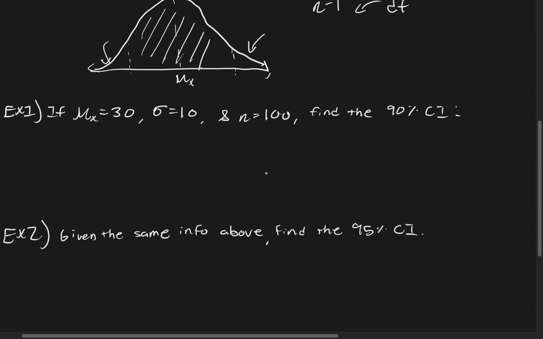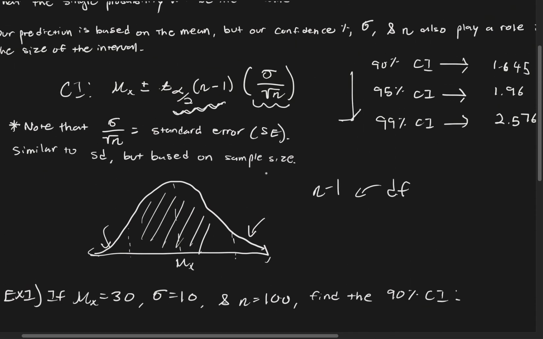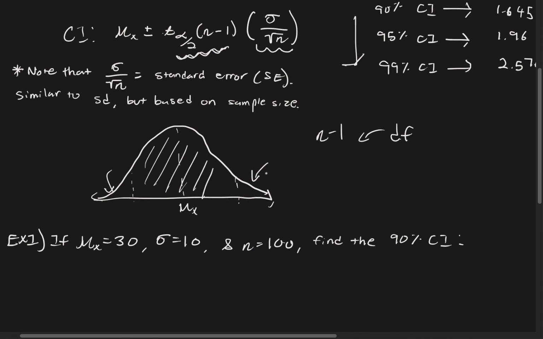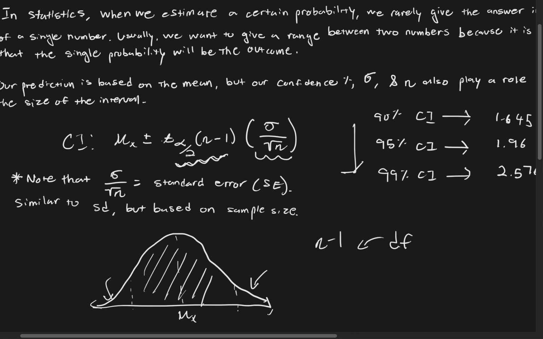Okay, so let's get to a couple examples. So let's say we're given that the average of the data is 30, the SD is 10, the sample size is 100, and we're asked to give a 90% confidence interval. So using the formula up above, we will write 30 plus or minus, and then this part right here,